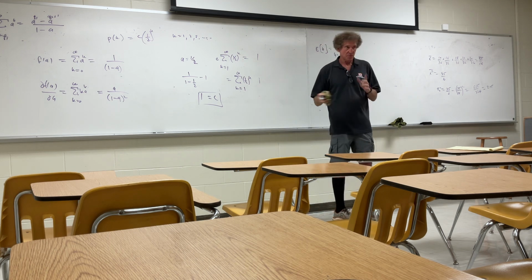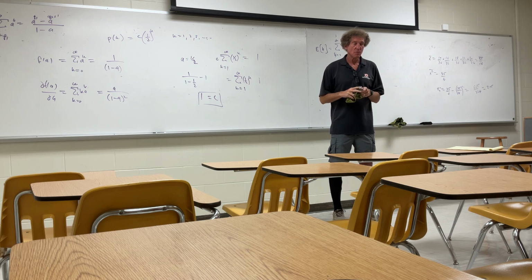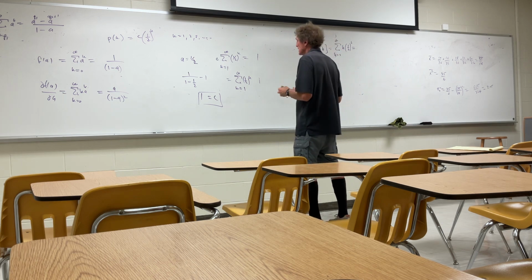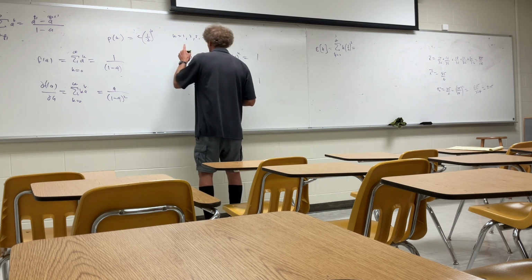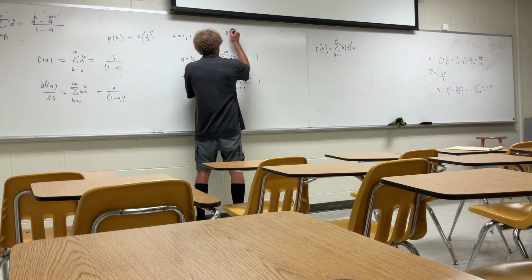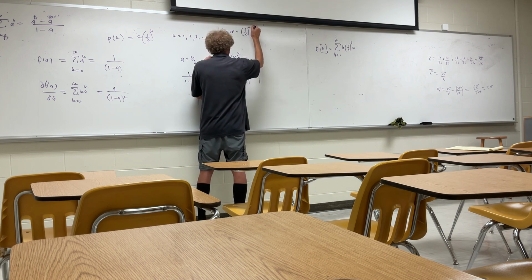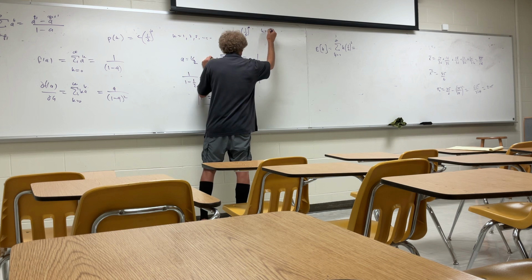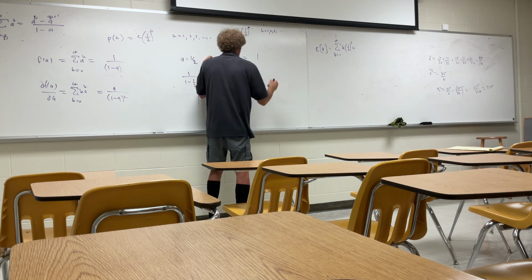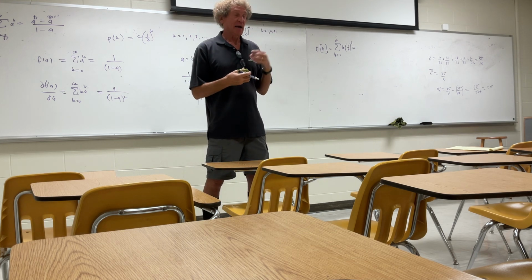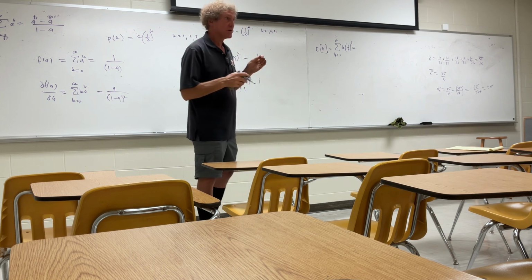Now, do you remember this? There was a part before this too. What else did he want? He wanted the probability of x greater than 4. Okay, we can come back here. How do you get that if the probability mass function is equal to 1/2 to the k, and here k equals 1, 2, 3, and 4? How do you get the probability of k being less than or equal to 4? The only thing you do is add them.